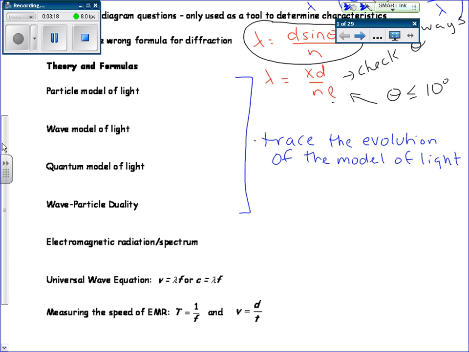So we talked briefly about the initial particle model of light, which was put forth by Newton, and it was believed for hundreds of years that that was true. And then we looked at the wave model of light, and two things that really ended up supporting the wave model of light are Huygens